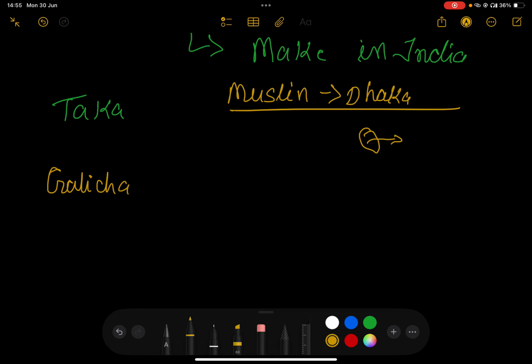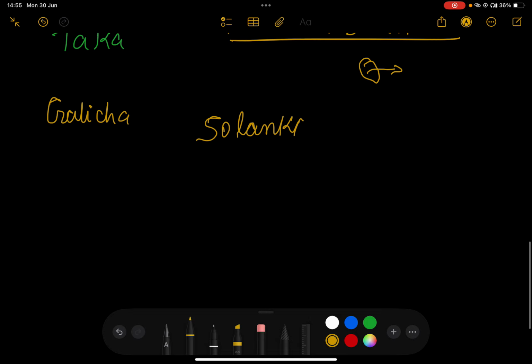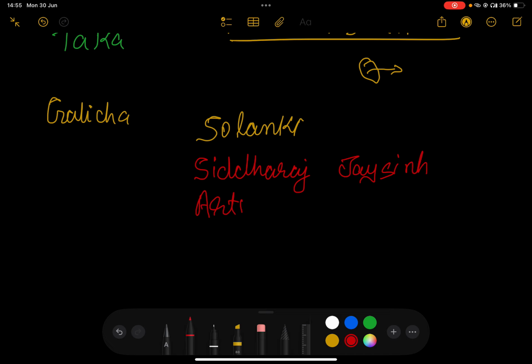During the golden period of the Solanki era. So the Solanki period is considered to be the golden era of Gujarat, right? It has progressed in this field. During the reign of Siddharaj Jaisinh, many artisans came and settled in Patan. There was a king named Siddharaj Jaisinh who invited different artisans to Patan and they settled. Right? The Patola of Patan became famous in the world due to their skills.